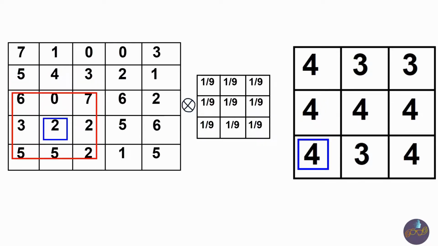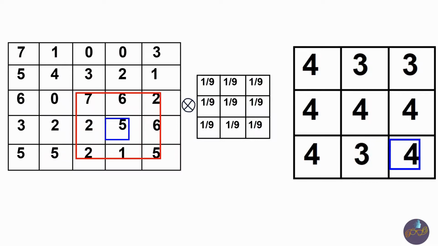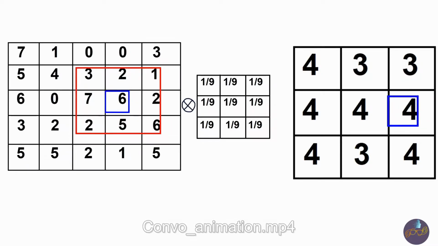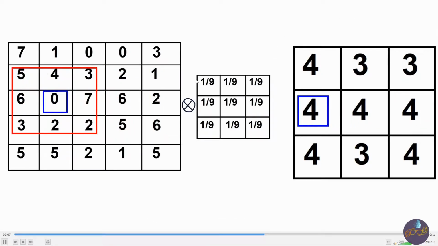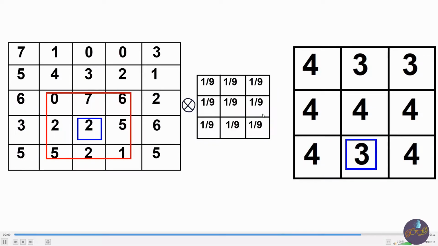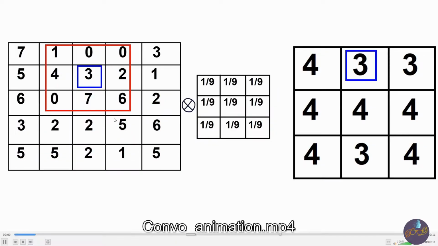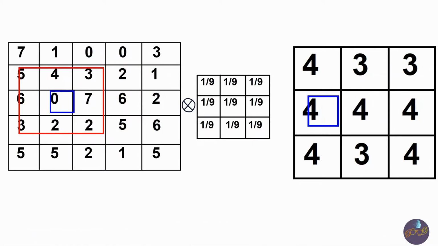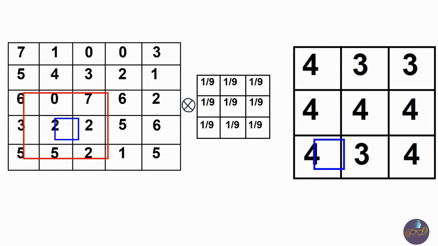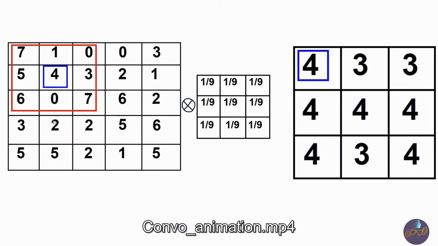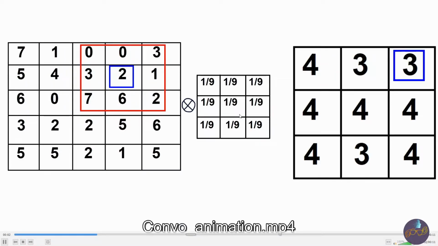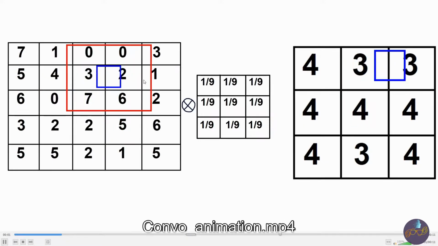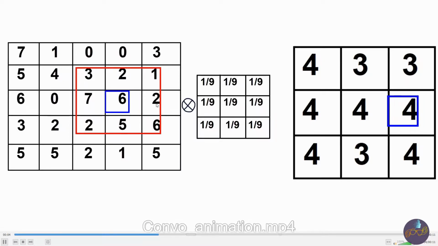Now let's see what is spatial filtering. As you can see in the video, we have to select a square matrix kernel. This is the kernel which we operate in our image piece by piece. This red box is the piece of that image which the kernel will operate on. We will multiply every value piece by piece and then take a weighted sum. We will place the output at the central pixel value.